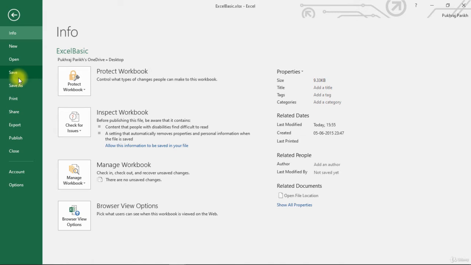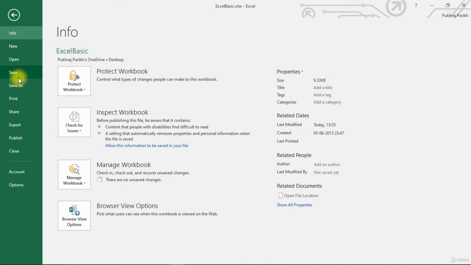So it is best practice to save your work often. Saving a workbook needs a file location and a file name. So the first time we save our workbook, we have to provide the location and the file name to complete the save.